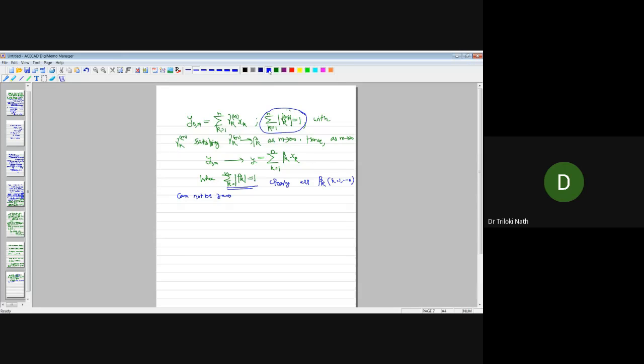The meaning is that at least one is non-zero. If at least one is non-zero, then what about this vector? Because x k are linearly independent, we must write this. Since x1, x2, dot dot dot, xn is a linearly independent set, we must have